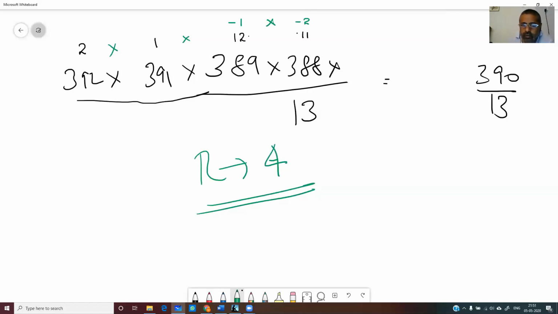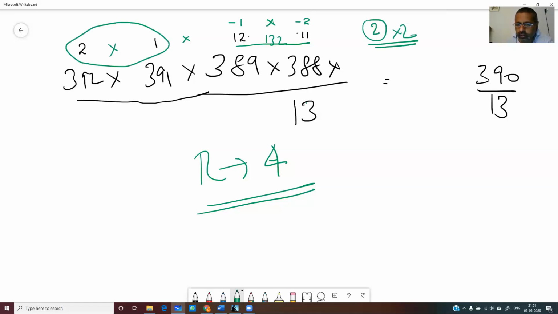Because it becomes far easier. Otherwise, what you'd have to do is multiply 12 into 11, which is 132. So 132 divided by 13, the remainder is 2. And here the remainder is 2. So 2 into 2 is 4. That way also you can do it, by taking it into parts, as we saw in the last problem. So that is the power of a negative remainder. There are many problems where the negative remainder becomes very, very important. That's the reason I introduced the concept of a negative remainder.